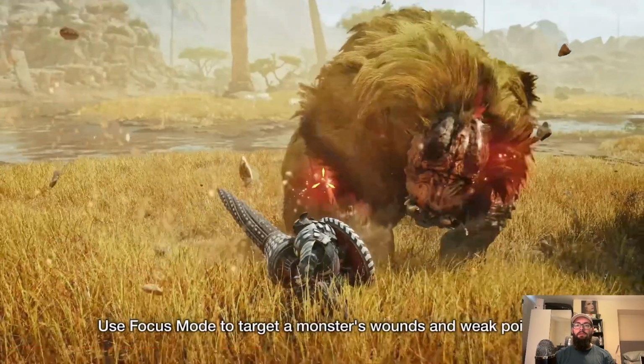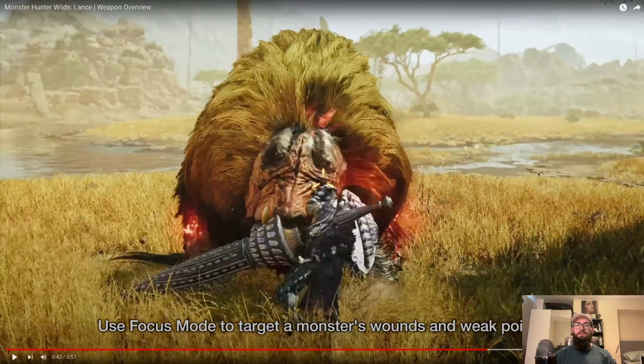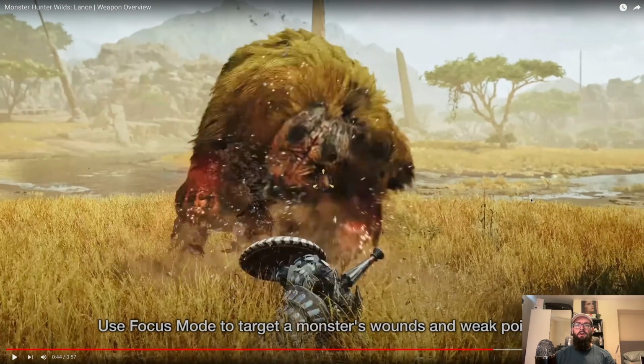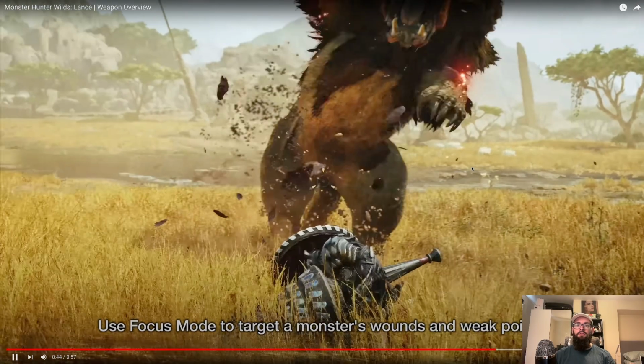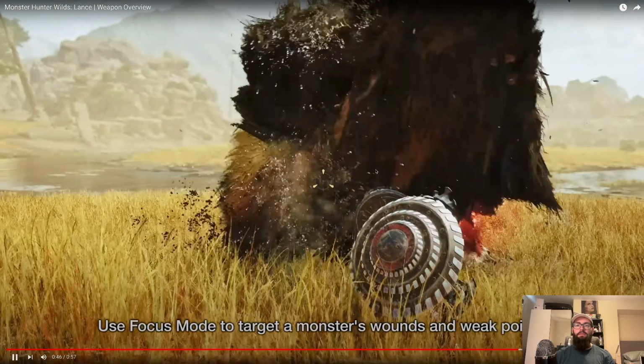Okay, so what's going on here? Jumps in with the shield. Yeah, definitely doing elemental damage with the shield. And then jumping in with...